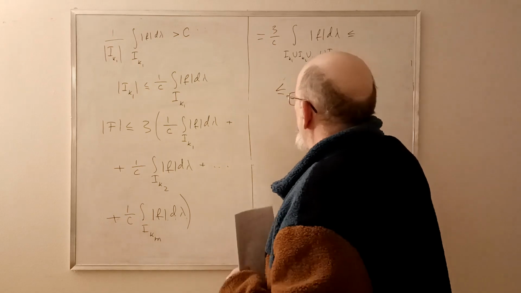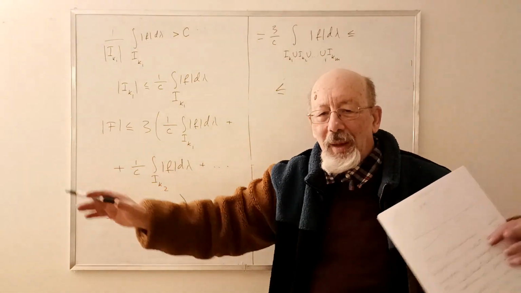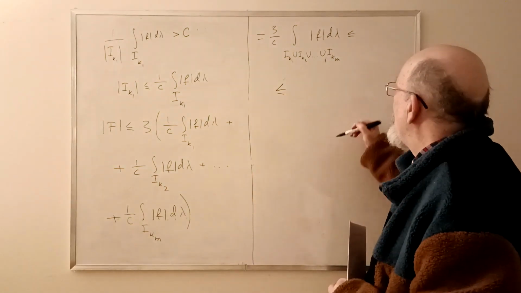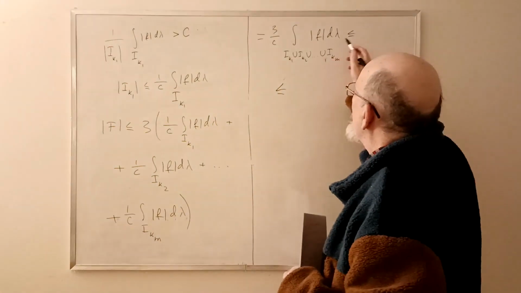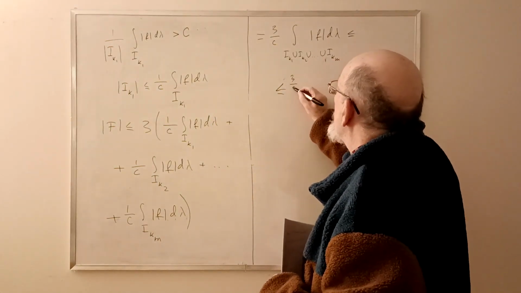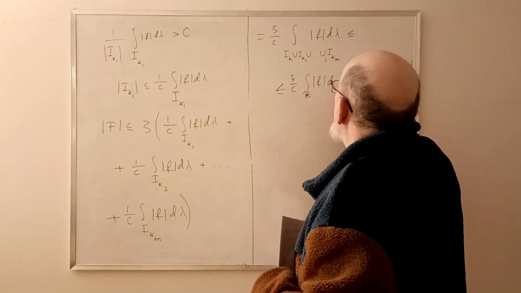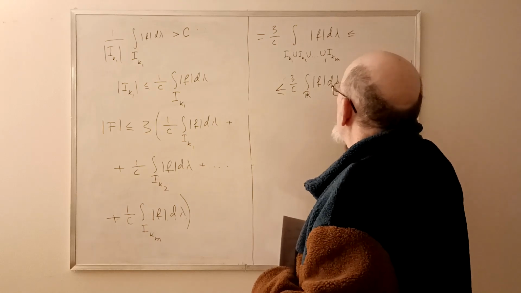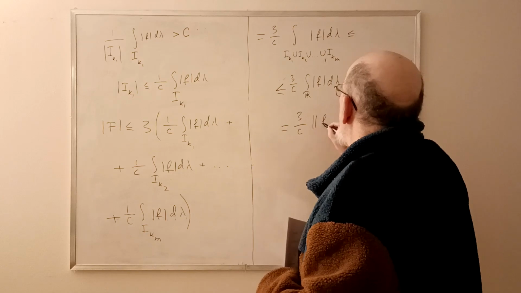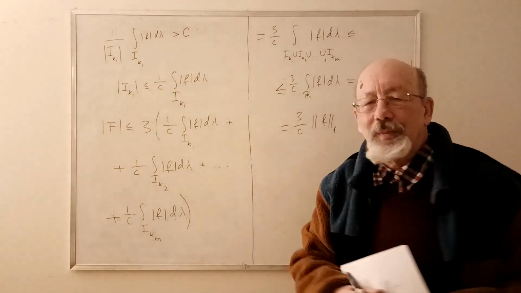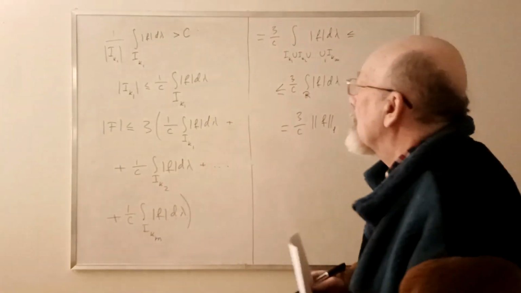We integrate it over the union of non-overlapping segments. And now we can estimate if you integrate over the whole line. It is less than 3 over c integral over the whole R modulus f d lambda, which is equal 3 over c norm f 1. Whew. So